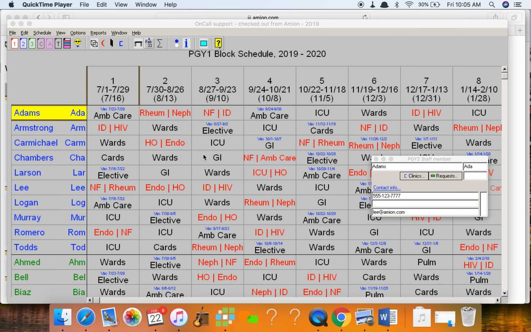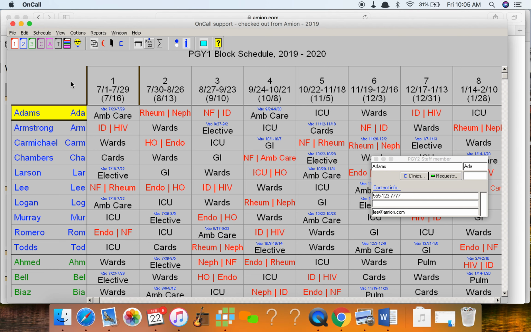Hey there, just a quick background on attending versus resident platforms. So, Amion was founded about 20 years ago by a guy who built it for his wife, who was a chief resident. She was building the big block rotation schedule that every residency kind of uses to manage what team their residents are a part of.